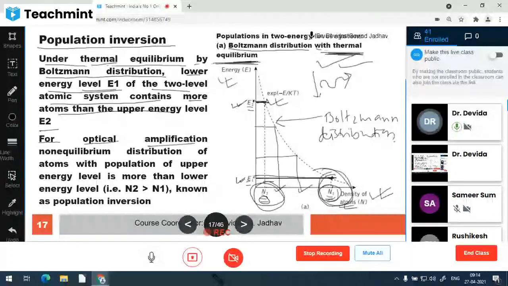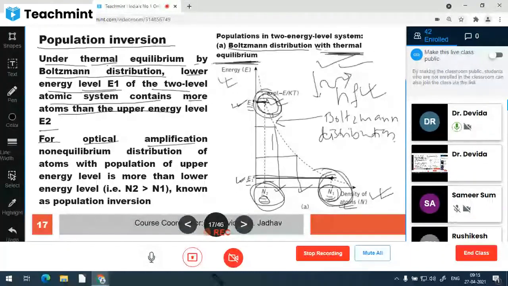Those atoms which are in the conduction state in the crystal jump into the valence state from E2 to E1 and emit an hf photon. Then if conduction state atoms are very few, the photon emission is very low and amplification does not take place. Okay.